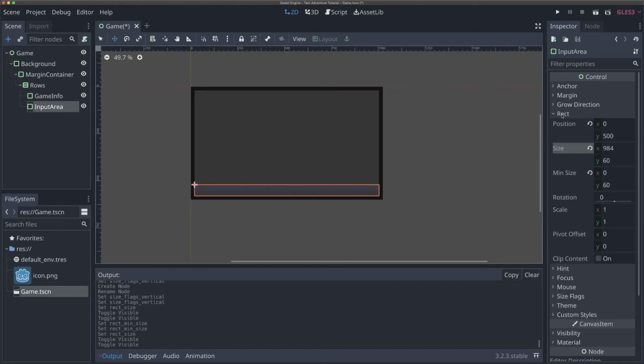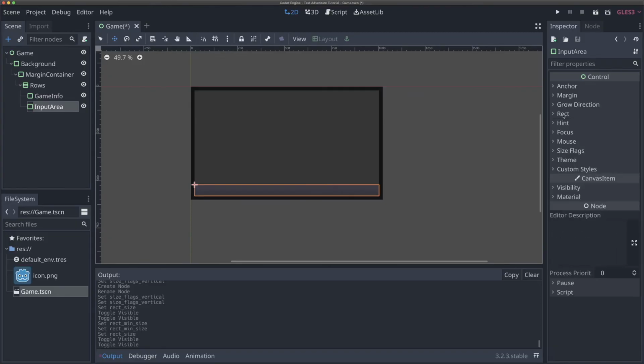So when you have a control that's a child of a container, you can't really do much with the position and size, but you can change the minimum size, which is a nice way to give elements a certain minimum height or width. So now that we have a minimum size and we've got an input area that looks good,